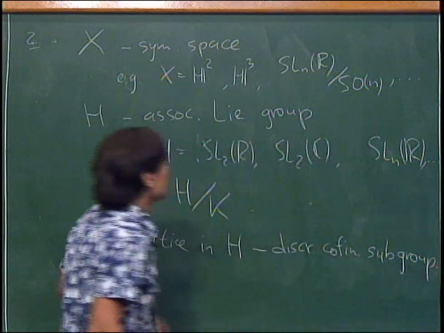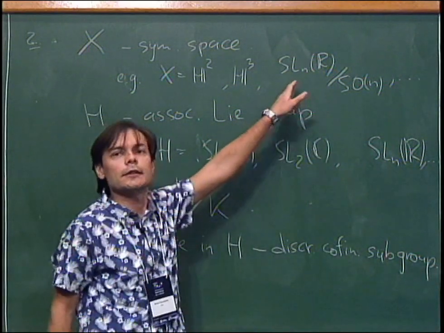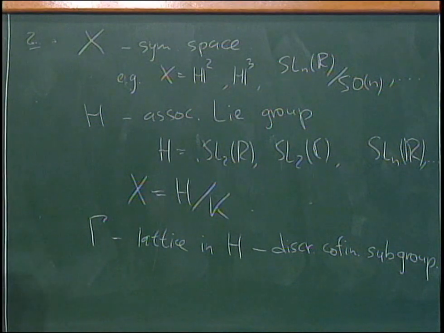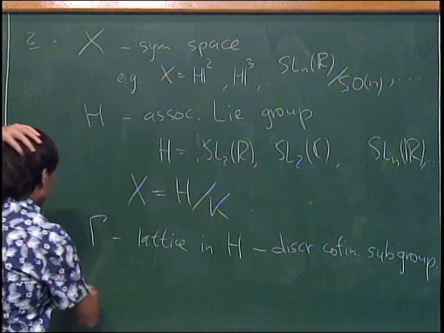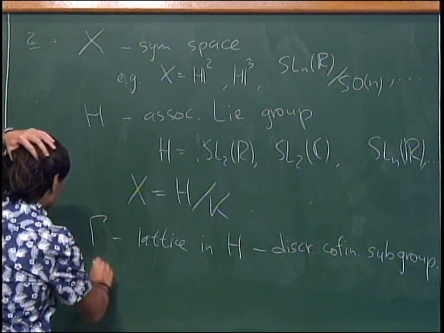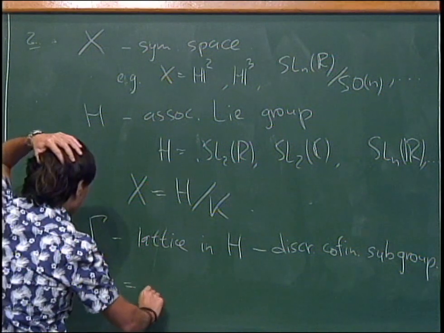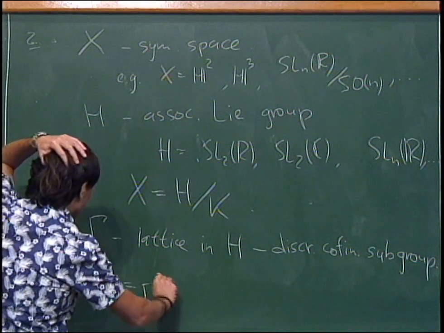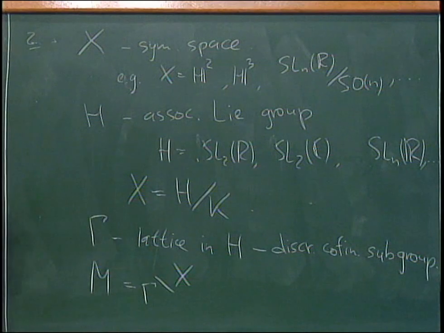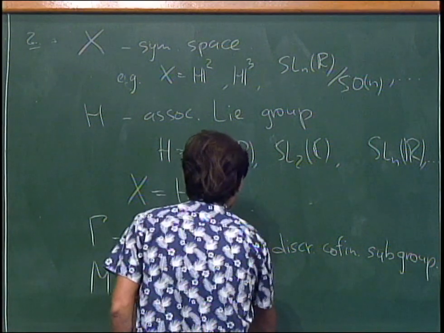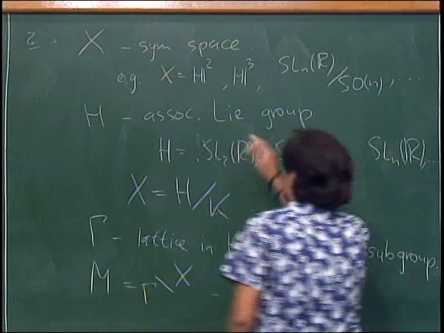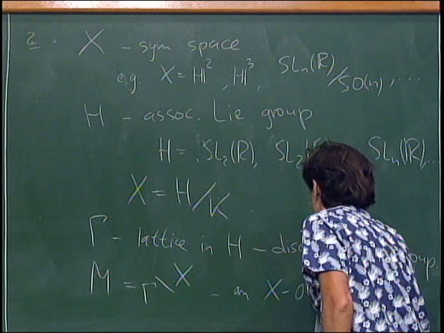Like, for instance, SLN Z in SLN R. And if we have a lattice, we can consider a quotient space, X modulo gamma, okay, like this. It will be a locally symmetric space or an orbifold modeled by this X space, an orbifold,